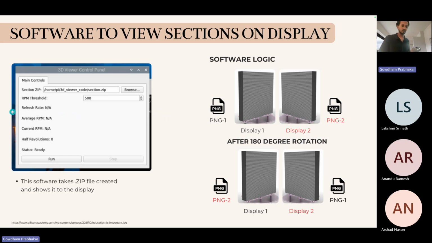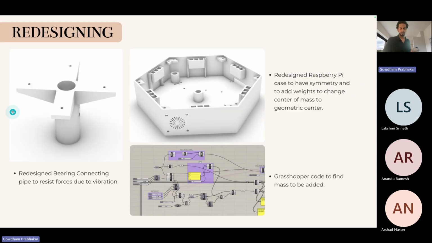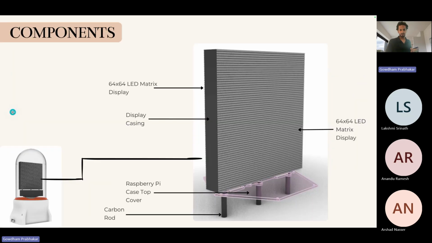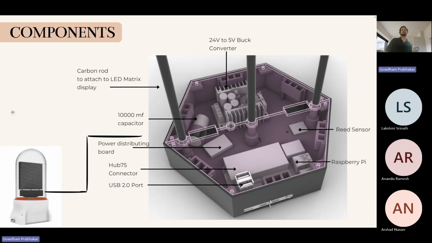Oh, sorry, I forgot to mention one sensor in this. I will go back. So here there is a reed sensor that's used to calculate the RPM of the rotating part. Why are we calculating the RPM again? Because we can't easily transmit the RPM we earlier calculated from the Arduino to the rotating part. For that we would have to use other wiring also. So it's better to calculate the RPM of the rotating part and supply it to the Raspberry Pi using this reed